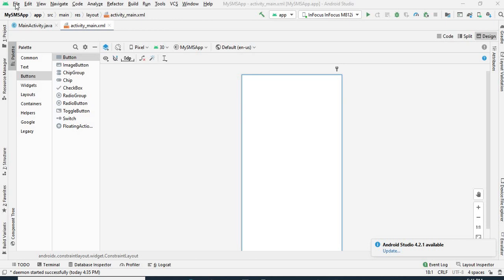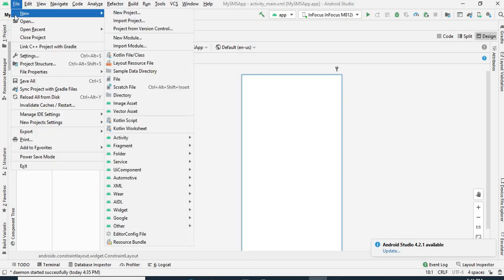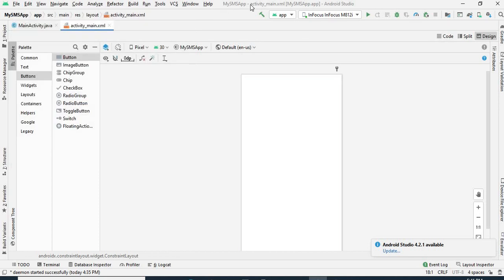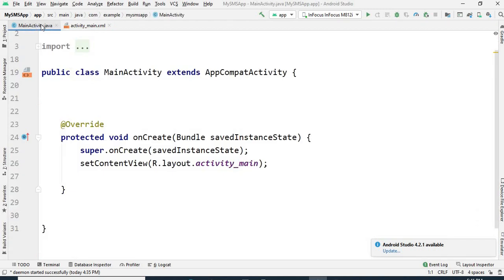For that, just go into the File menu, then New, and after that, select New Project option. You are able to create the new project using this procedure. I have already created the project. Once you create the project, you are able to see these are the two files, main activity.java and second one